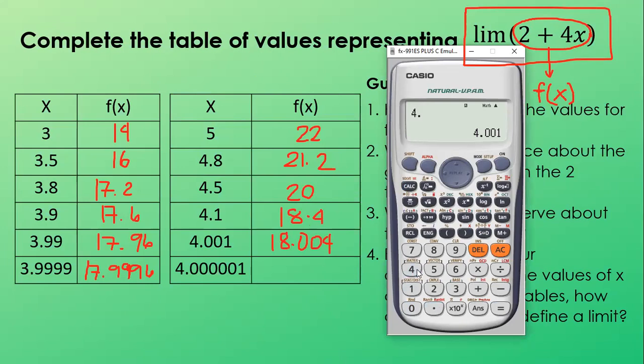And if x is 4.0000001, that will give us 18.0000004. Okay. So now,